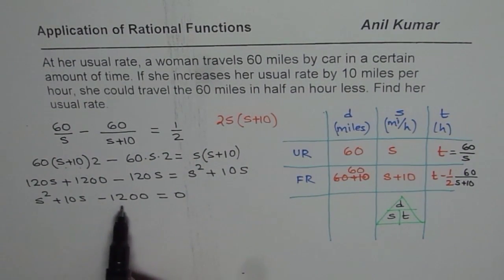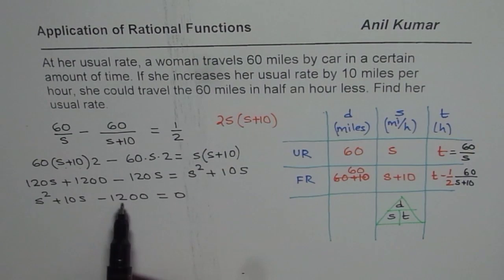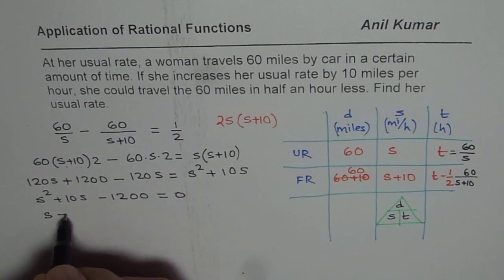Now that is a quadratic equation which you can solve using the quadratic formula, or you can also factor, right? We'll prefer to factor. You can do 40 times 30, right? 40 times 30 is 1200, correct? And if you find the difference, 40 minus 30, then what do you get? 40 minus 30 is 10. And therefore, we can factor this as s plus 40